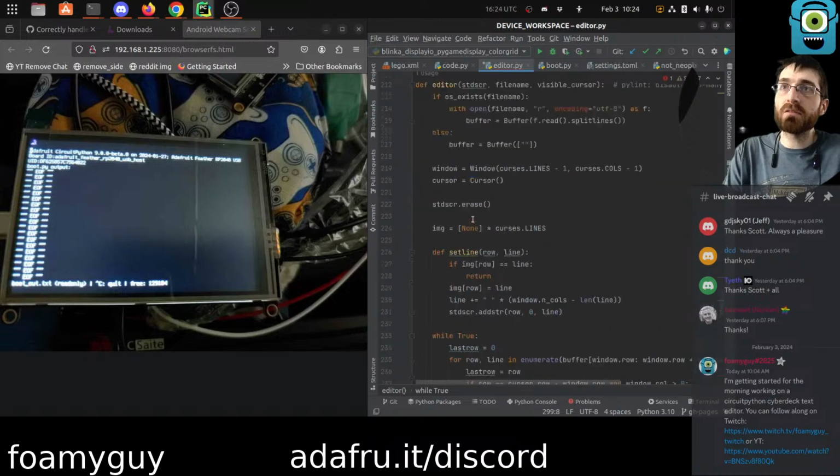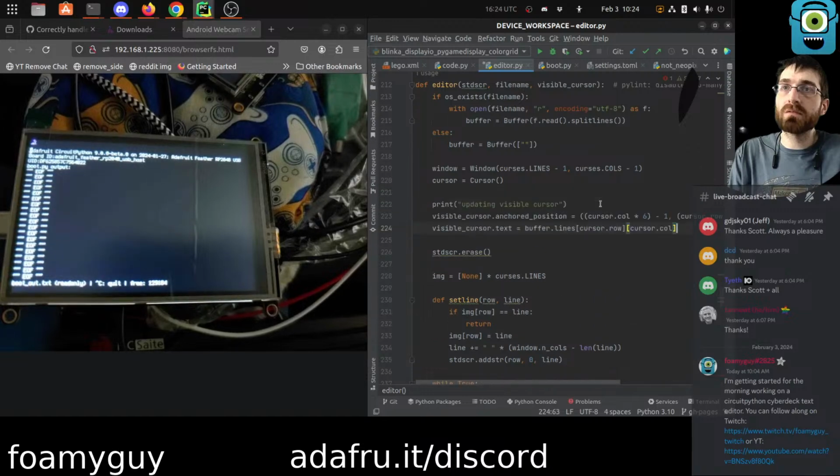You could theoretically factor this out as well. Cursor, and then we would just say 0, 0, which I guess might be what they're set to anyway, but